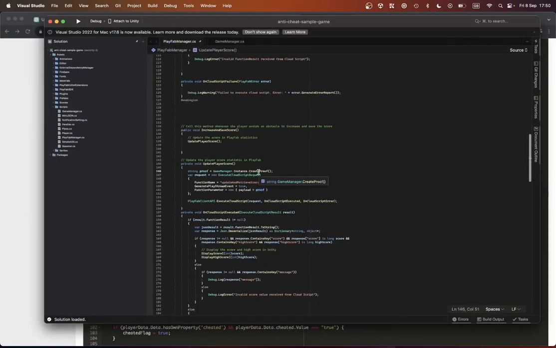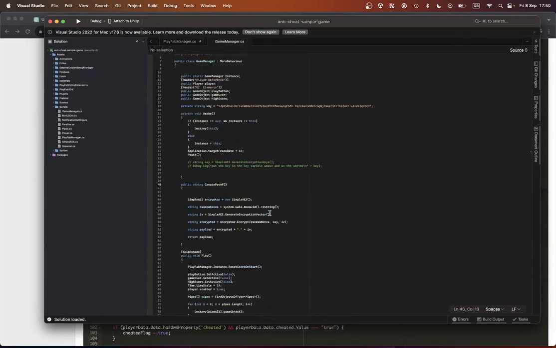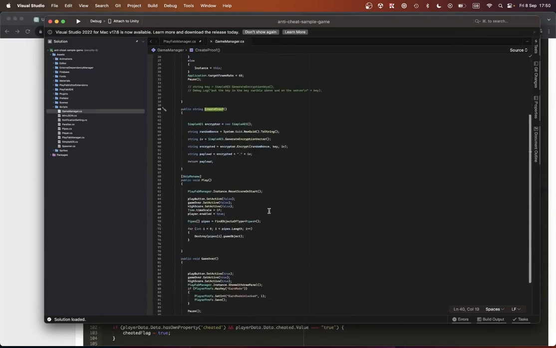So we have this function here called create proof. It's in Game Manager, and now there is a few things here around encryption. We're going to talk about that in the next episode, but for now, let's just focus on this line here, which is a random nonce. So we're basically generating a random number. We're using the default C# function new GUID, which will give us a reasonably random, unique